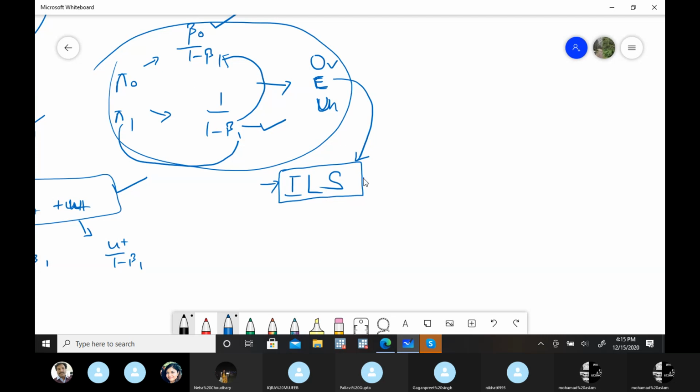Is it clear? Till ILS? Anyone, any doubt till this part? That is, what indirect least squares is. We will do a few numericals with Stata tomorrow, or the day after tomorrow, for ILS and other methods like 2SLS. That's the next part. But before that, this is indirect least squares. At first, you make the equation in a reduced form, and then run the regression. You will get rid of these two problems, biasedness and inconsistency.